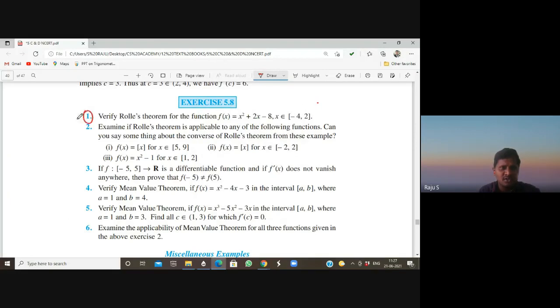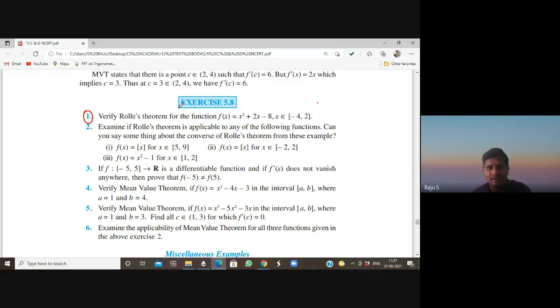See, the first question is: verify Rolle's theorem. Verify means we have to check whether the function satisfies the three conditions or not, and also whether there exists any point c belonging to the open interval or not. That's all. Very simple. What about the given function? If you check it,